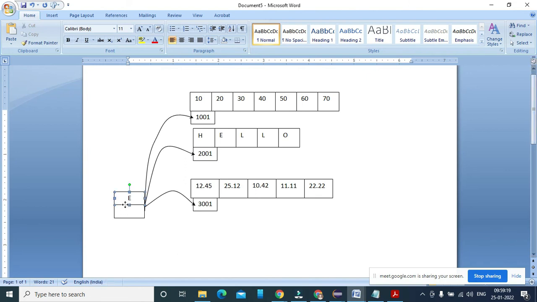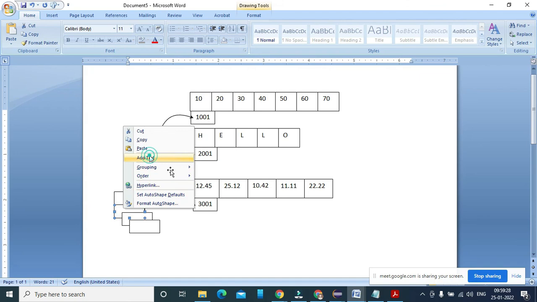So E just goes into the elements, and it keeps on changing the value of the address. Initially it is 1001.